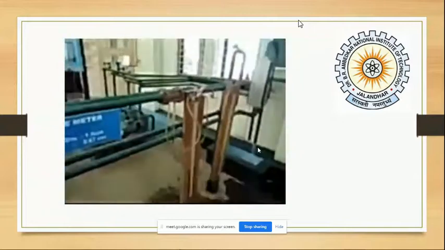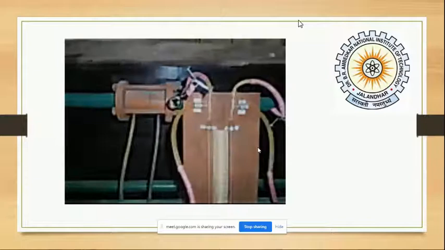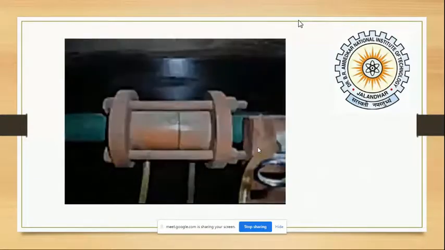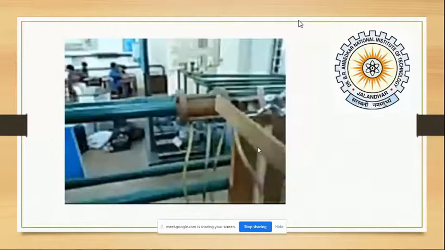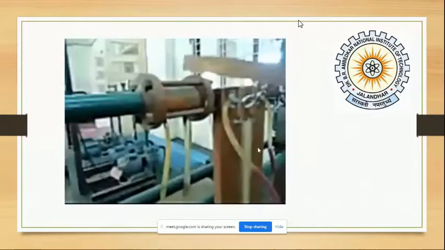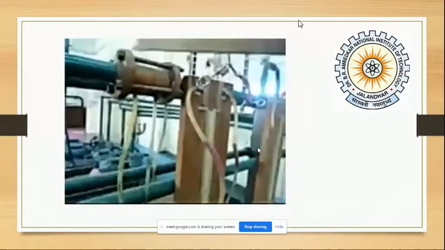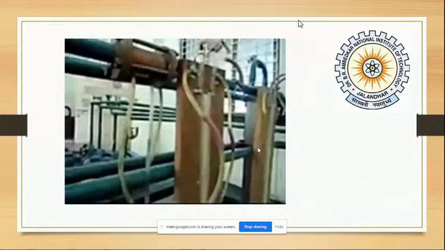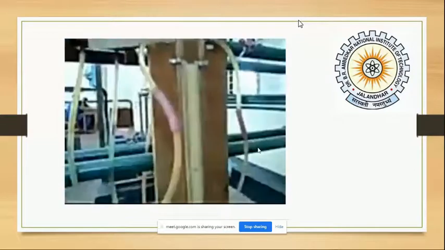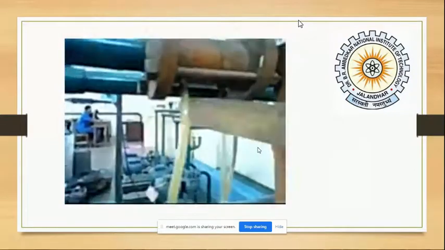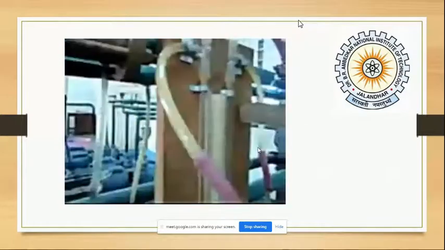This is the experimental setup used for this experiment. This is the orifice meter, which is a flow measurement device. A pressure drop is created because of the varying velocity of the fluid. This is the orifice meter, which is connected in between the pipes, concentric to these pipes. The pressure drop is calculated with the help of the manometer, which is connected to this. It works on the principle of Bernoulli's theorem. Here the pressure taps are connected at a distance of d and d by 2 from the orifice.